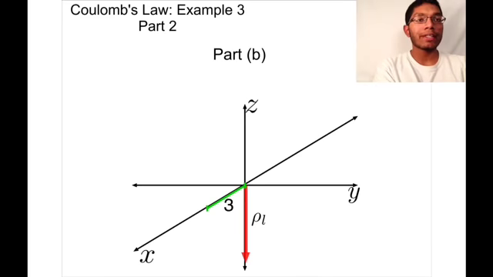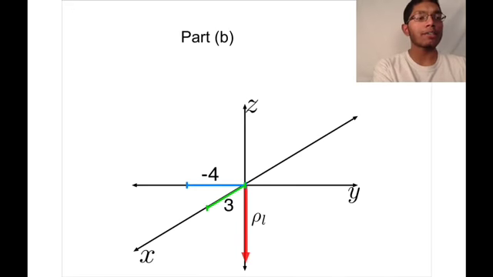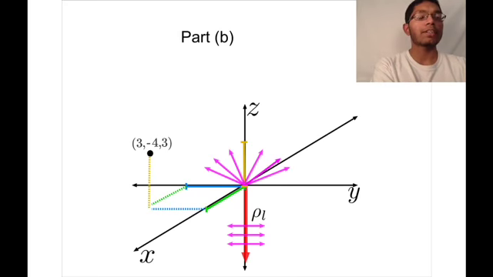So before we actually find the electric field, let's plot out the point 3, negative 4, 3. Here I have 3 in the x-axis, negative 4 in the y-axis, 3 in the z-axis. And that's what the point looks like. Over this I've superimposed the diagram that we came up with earlier and what the electric field looks like for